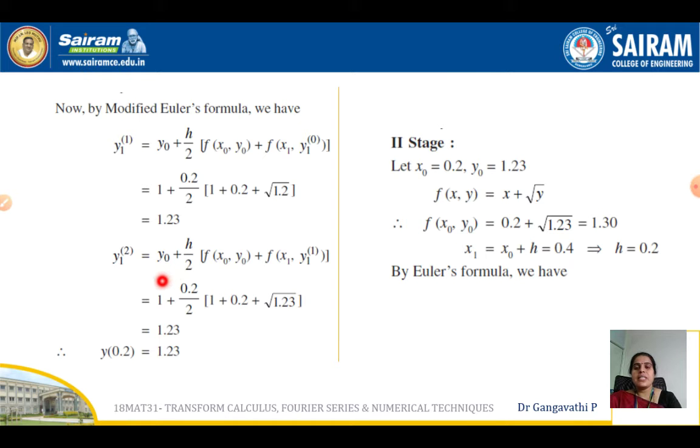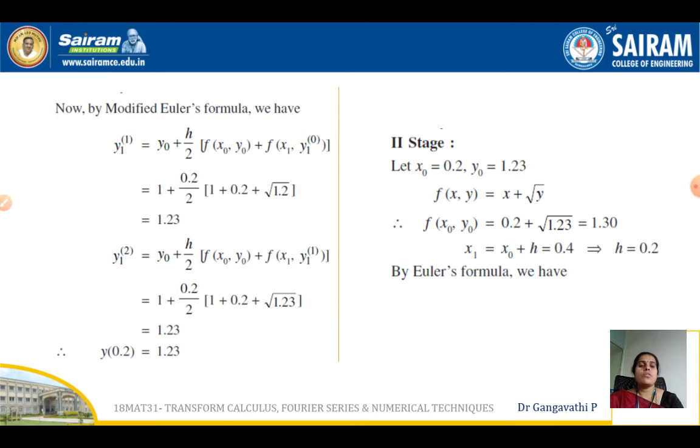Similarly, evaluate y1 in the second approximation, because we have been asked to evaluate each value in 2 iterations. So this is the second iteration. Apply the same formula. The only difference is that here y1 was considered at the 0th approximation value, whereas here we are using y1 in the first approximation, the immediate value we have evaluated. On substituting the suitable values and simplifying, we get y1 in the second approximation as 1.23. So this is our evaluation of stage 1, that is when x1 is equal to 0.2, we have evaluated the value of y1. Now let us move on to stage 2 with x2 equal to 0.4.